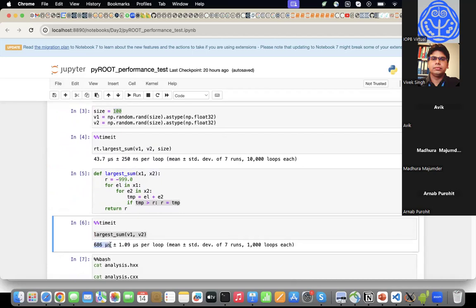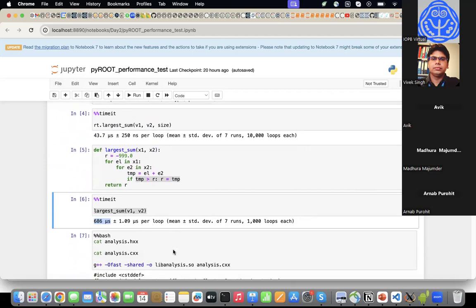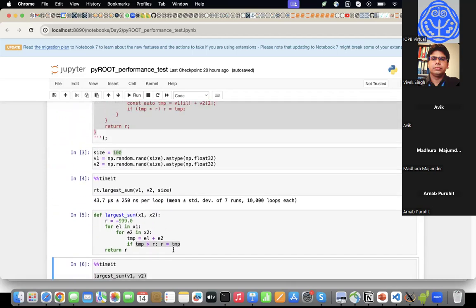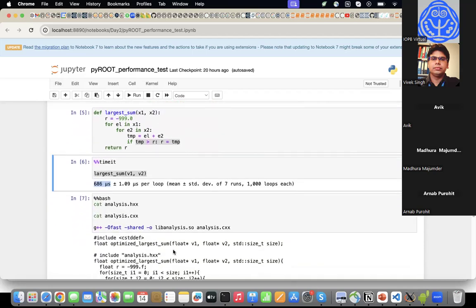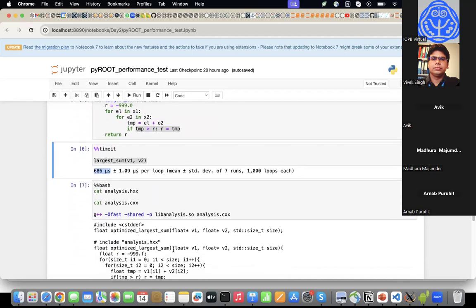But this is the answer to the question that Ovik just asked: this is why PyROOT actually does all this kind of optimization inside, so that it runs faster. And obviously in the backend, it's using C++. But then the other part, which I already discussed with you yesterday,